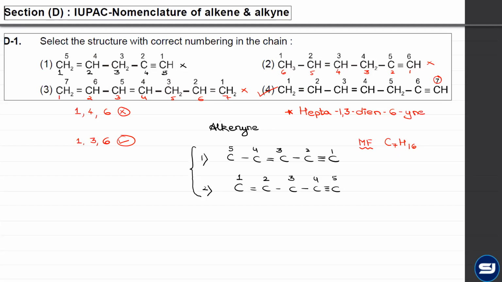And for every triple bond, 4 hydrogen. तो एक डबल बॉन्ड के लिए 2 H कम करो, तो पहला डबल बॉन्ड 14 हो जाएगा, दूसरा डबल बॉन्ड 12 हो जाएगा, और एक ट्रिपल बॉन्ड 8 हो जाएगा. Hence you get C7H8. मतलब मान लो यहाँ पर 1 2 3 4 5